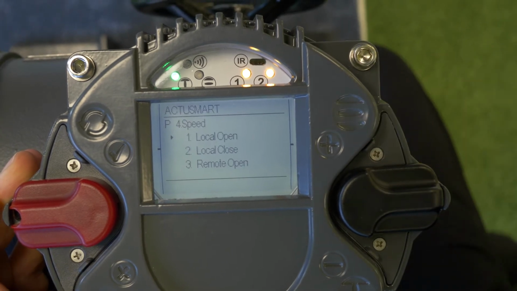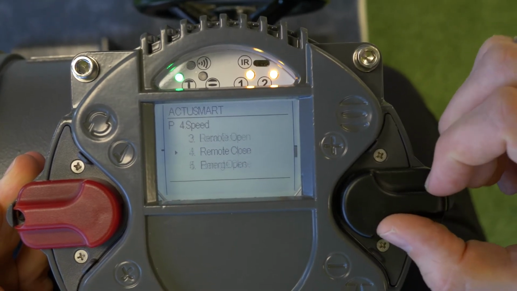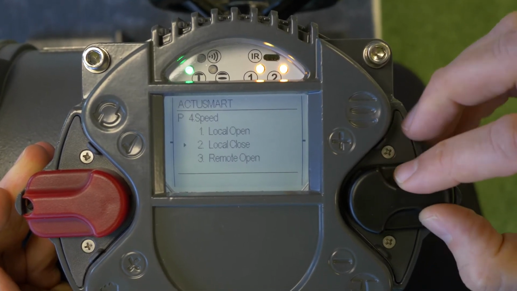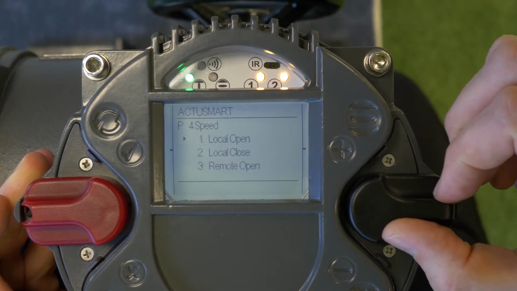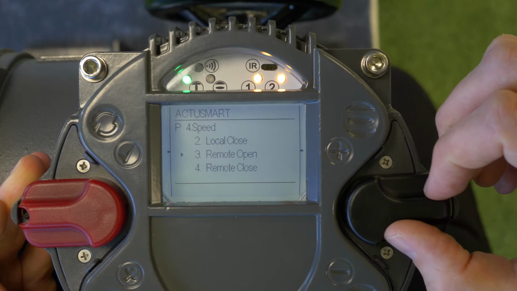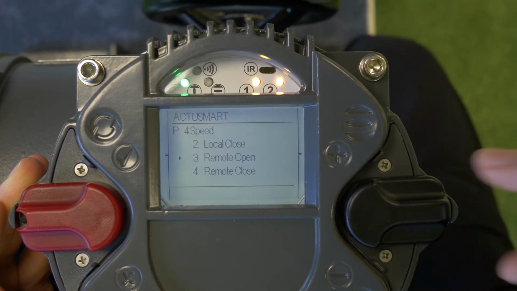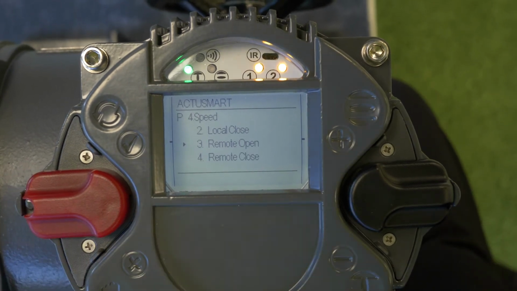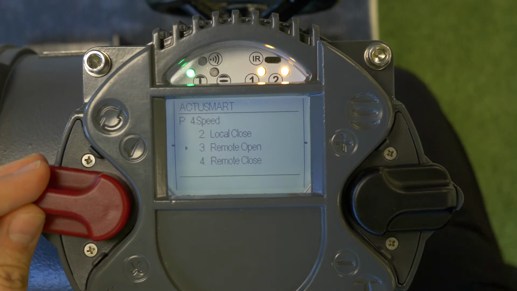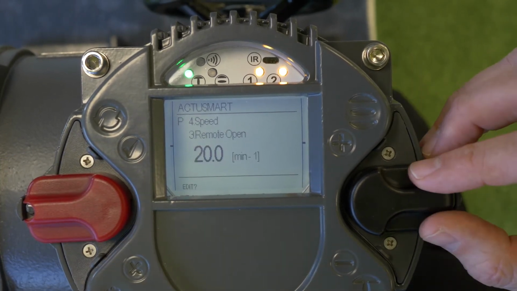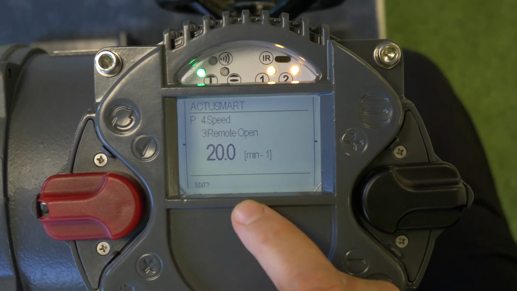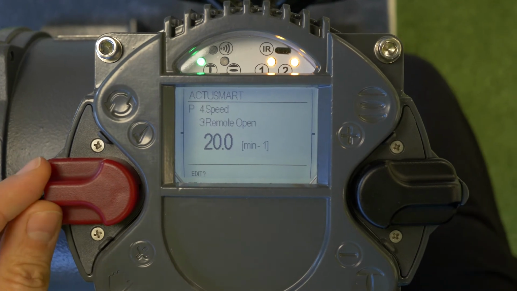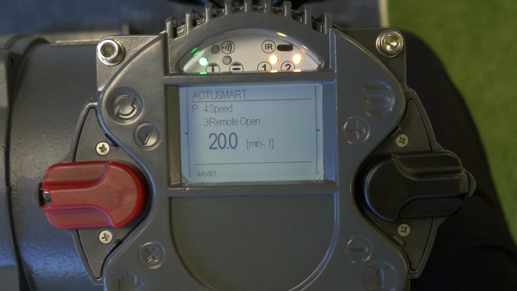Then you see all 6 adjustable speeds of the actuator: emergency close, emergency open, and so on. And now, for example, we want to change the speed for remote open control, so we confirm that we want to change parameter 4.3. We confirm this, and now we have the question on the display if we want to change this parameter. We confirm that we want to change this parameter,